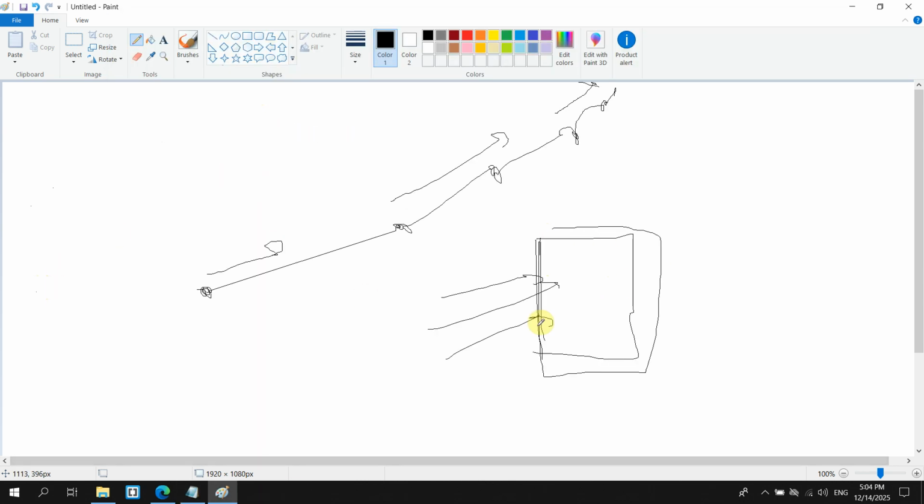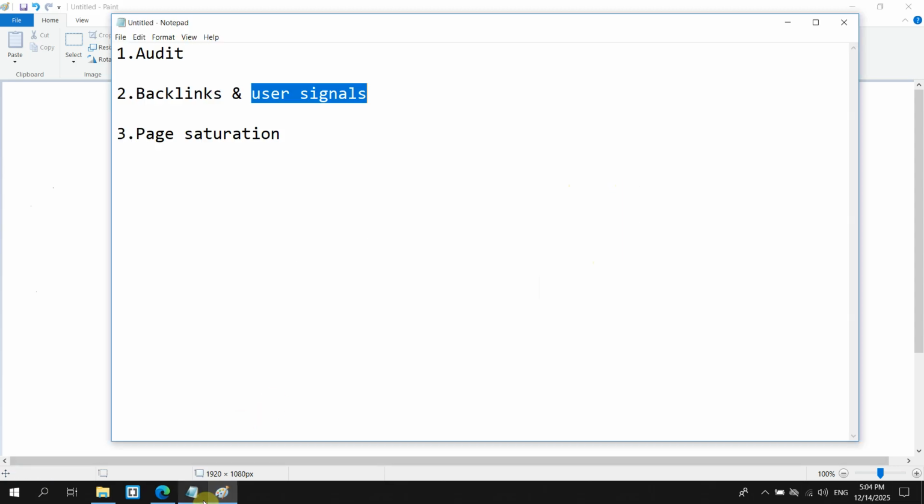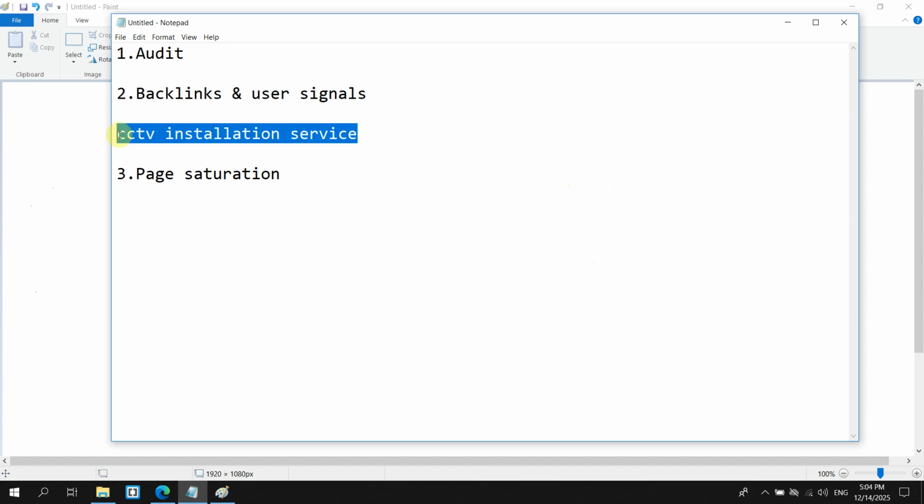Now, the thing here is your specific target page might not rank on the first page of Google right away for the main keyword, but it could already start ranking for other relevant keywords, right? So let's say you want to rank for CCTV installation service, right? Or let's make it simpler. Let's say you want to rank for roofing Los Angeles, right? My favorite example here, by the way, for those of you who have watched my channel for a long time. So let's say you want to rank for the main keyword roofing Los Angeles.